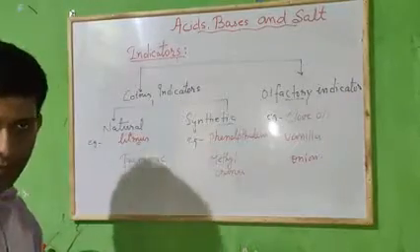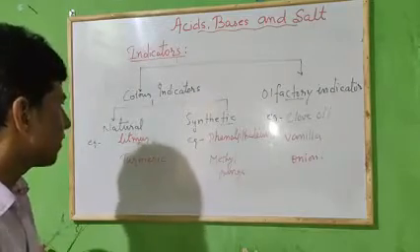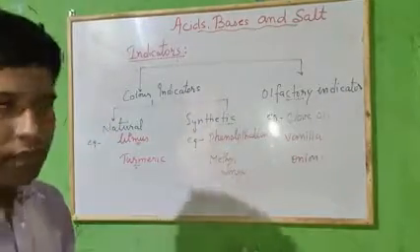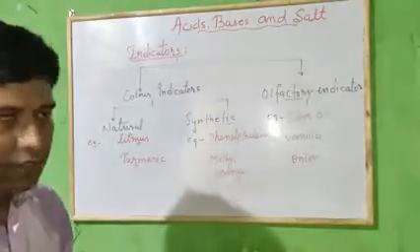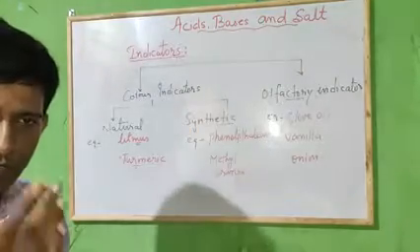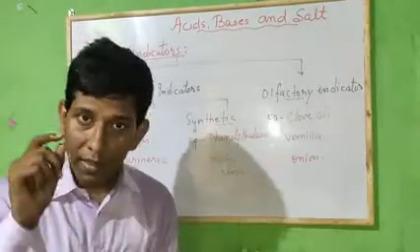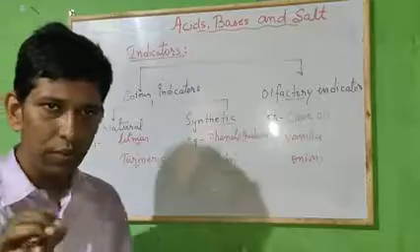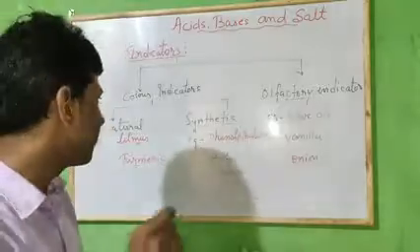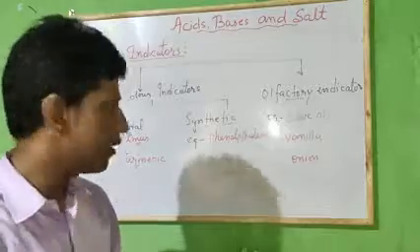Naturally we have litmus, turmeric, red cabbage, different natural indicators that are extracted from natural sources. As you all are aware, there are two types of litmus indicator: red litmus and blue litmus. When blue litmus turns red in a liquid, it means that the nature of that liquid is acidic. Like this, when you put red litmus in a base and it turns blue, then the nature is basic. Turmeric also gives color responses with acid and base.